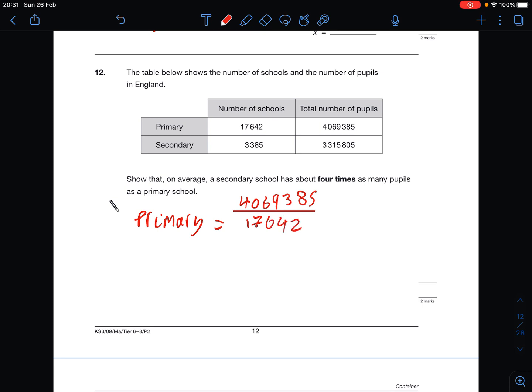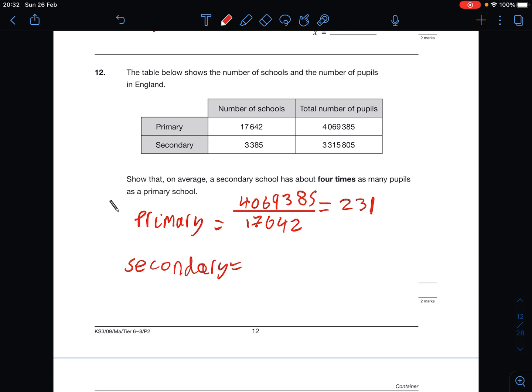So 4069385 divided by 17642. That gets me 230, let's say 231. Okay, 230.66, but we'll say 231, it doesn't matter that much. For secondary,